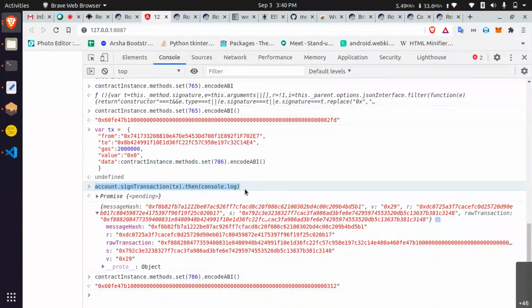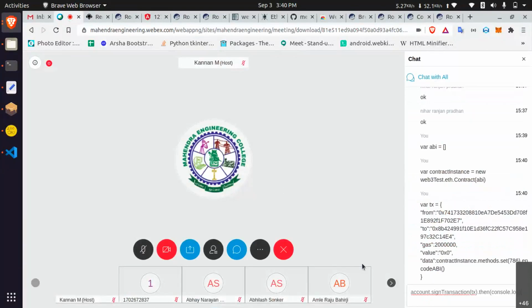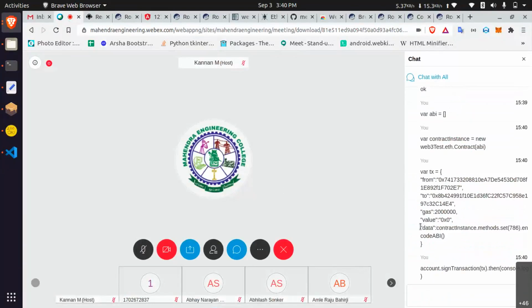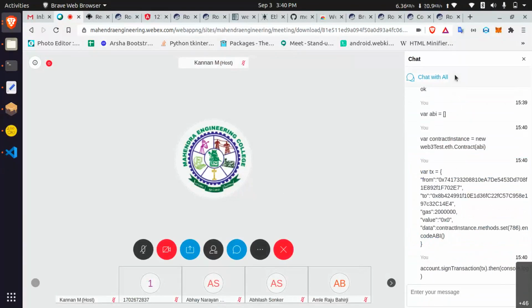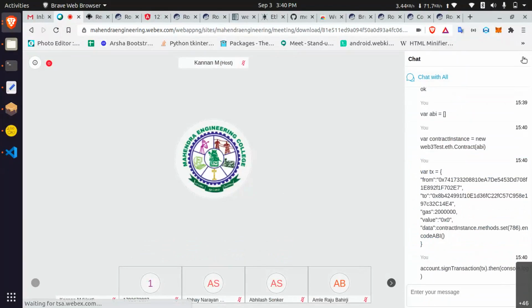Signing a transaction, rest of the things are the same, like transferring. Only for signing, you have to add data. Okay, that's all. Anything else? I explained just now, using Web3, how you can sign a transaction and then broadcast it, a normal Ethereum transfer, and then accessing the contract functionalities also. Anyone have a doubt? Please raise the doubt.